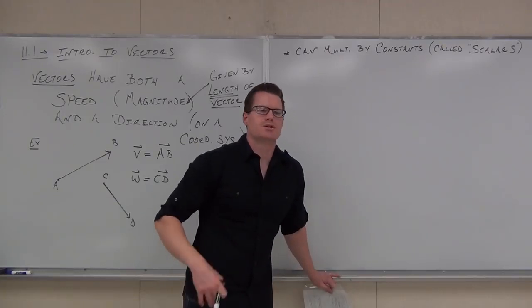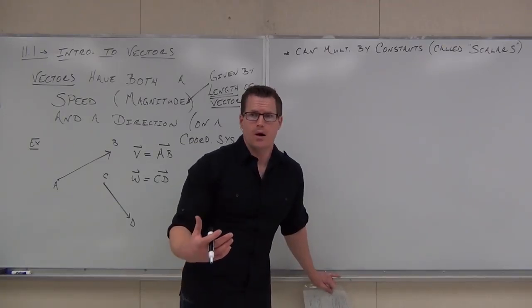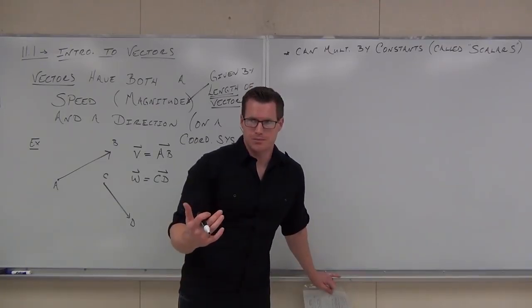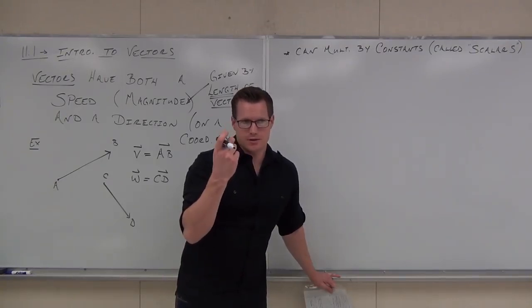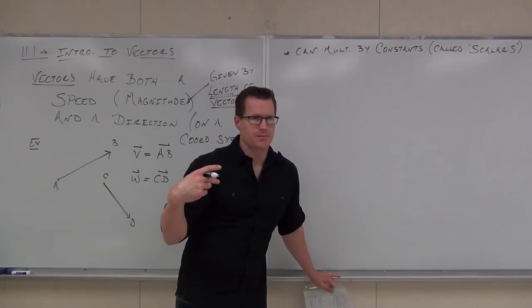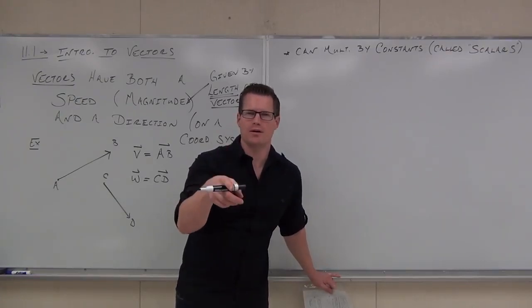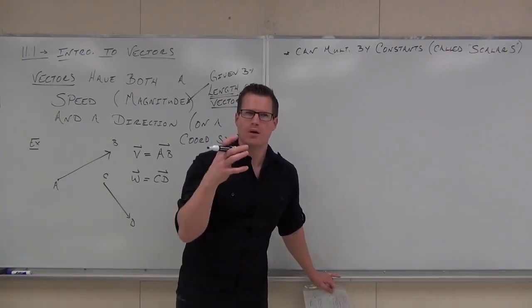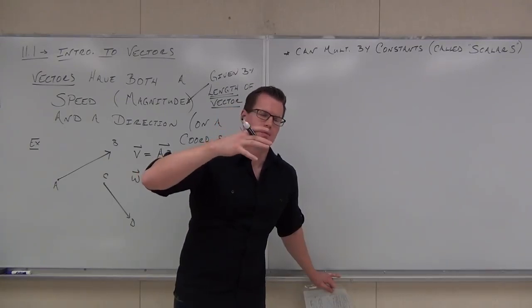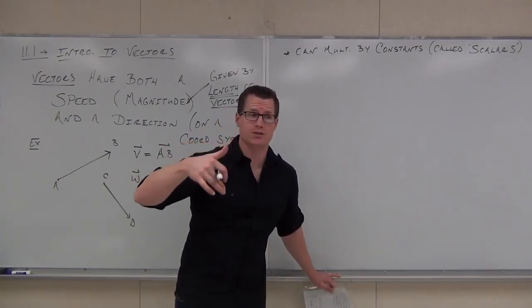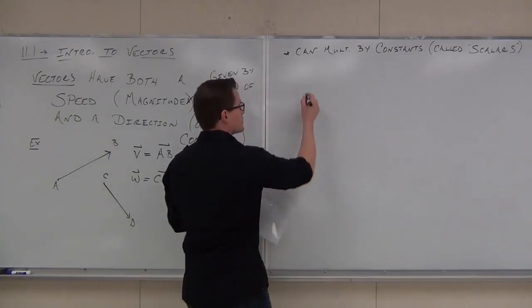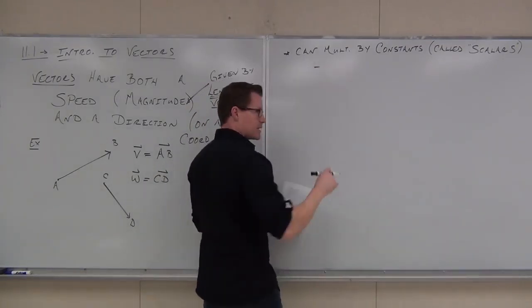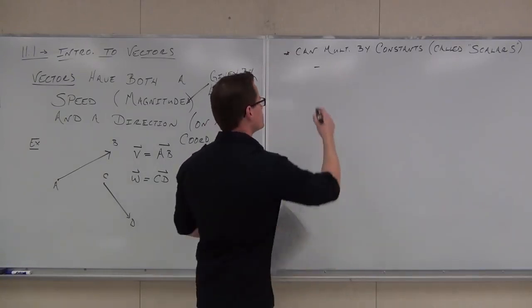Here's what the scalars can do for you. All the scalars can do are these two things. They can alter the length of your vector, or they can reverse it. And I want you to think about why though. I don't want to just give it to you. I want you to think about why they can't move it, but why they could maybe reverse the direction. So let me write that down and then we'll talk about it. So these scalars can do two things. They can change the length of your vector,